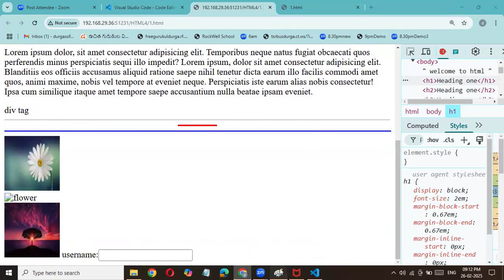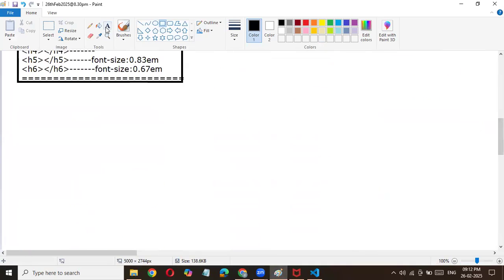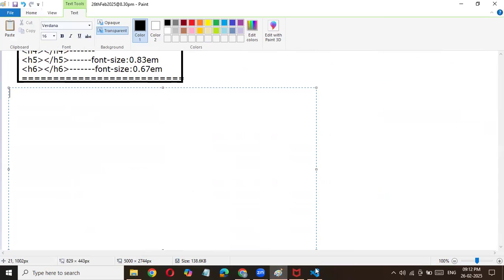Under HTML4, I'll cover in the coming days. We are going to see one by one. All the list of topics are here. One is HTML4 as our first topic. Under this, the first program is pair tags, unpair tags. The second program continues on block and inline elements. The third program is on